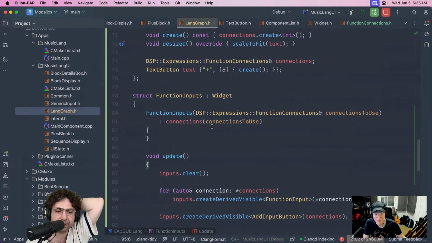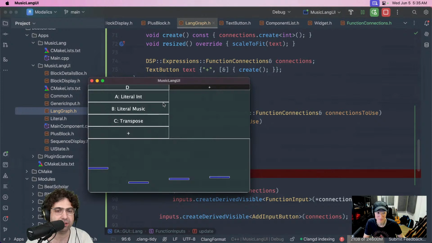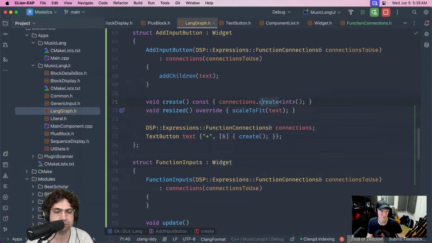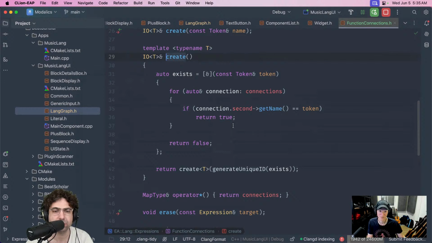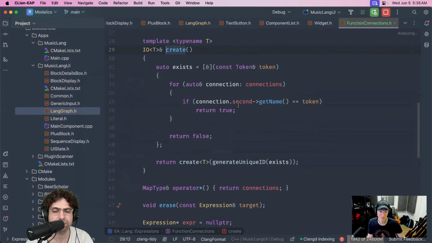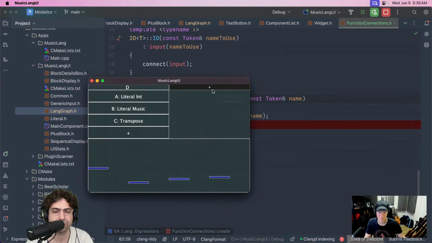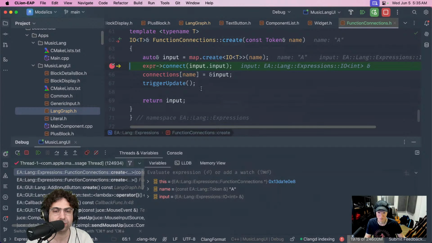Okay, let's see why. I mean, this should be created. Well, yeah, if this is true, return true. So this is not called. It is called. Oh, wait.